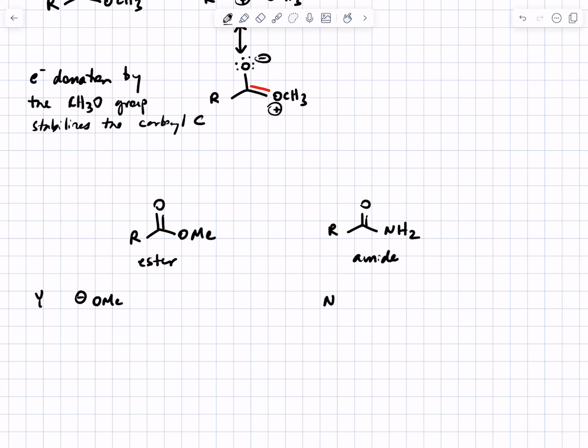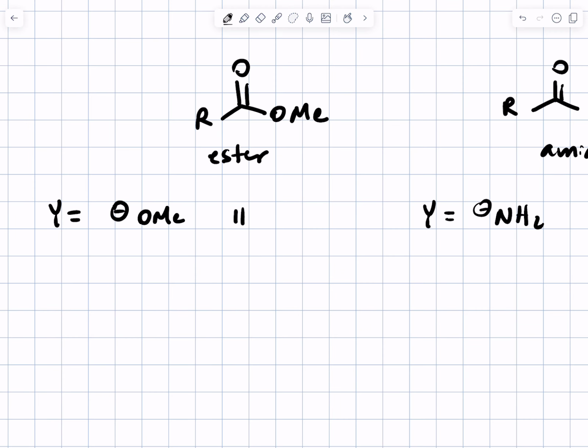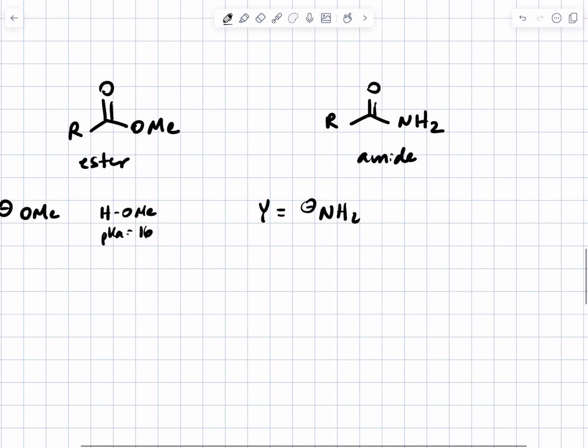That's what the Y thing is. For the amide, it's NH2 minus. If you need some help ranking their leaving group ability and electron donation ability, you can go to a pKa table, draw the conjugate acid, and then look up its pKa, which is 16 for the alcohol, and which is 38 for the amine,